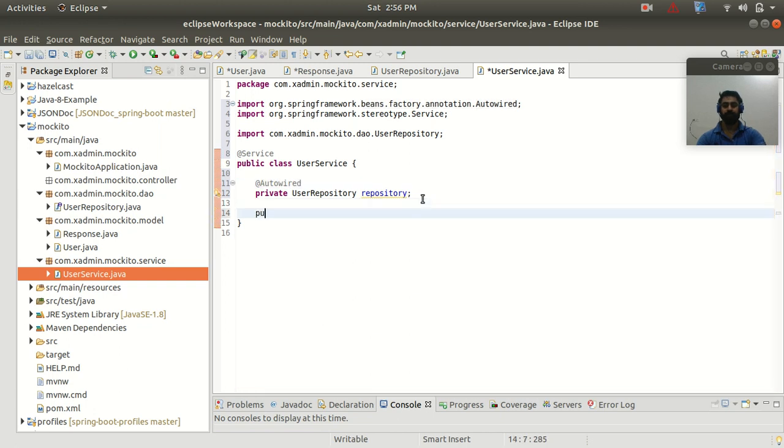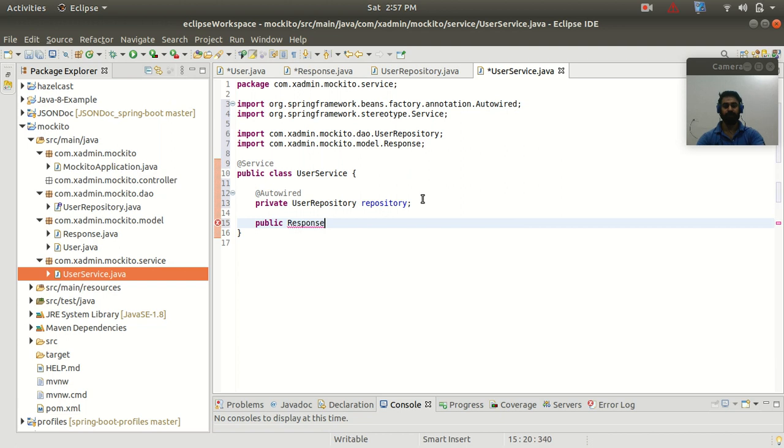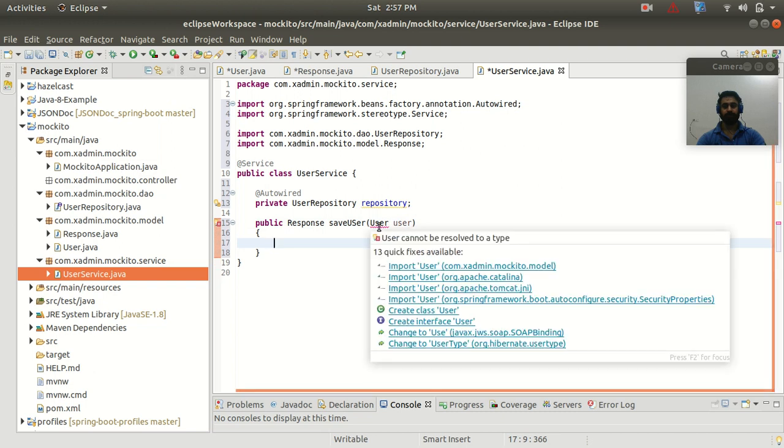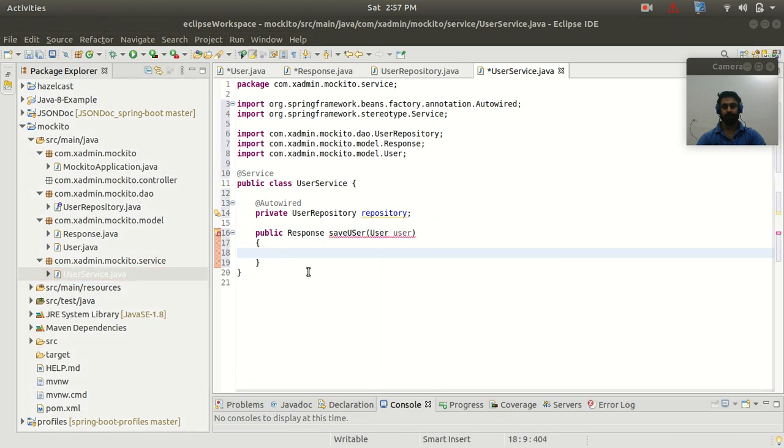Now let's create the two methods. First method to save a new object to the database. So here the return type will be of Response, like saveUser, with a User model. Import this user model.